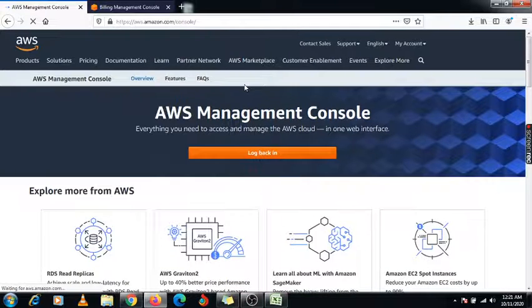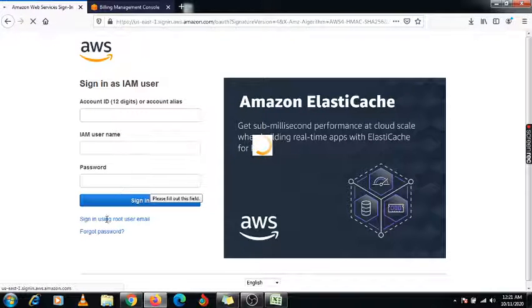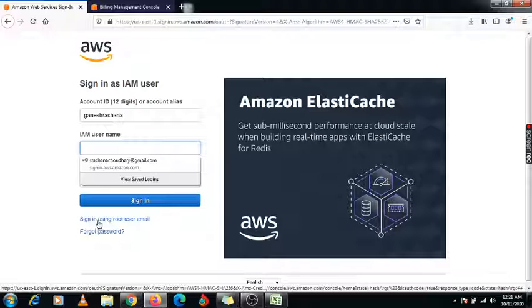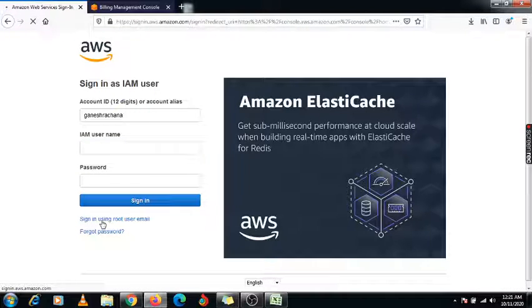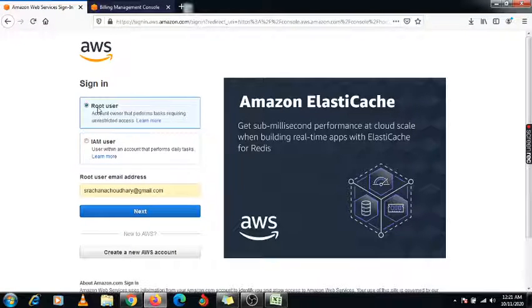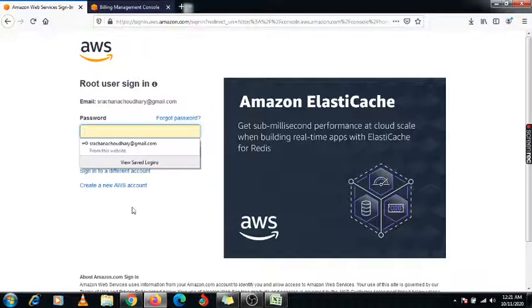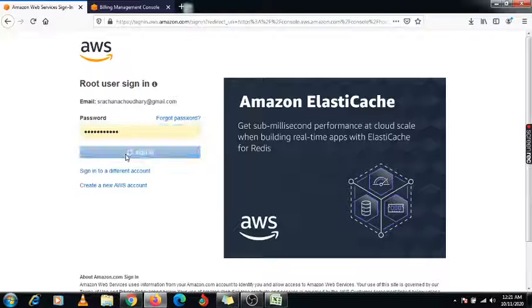Yeah, the information is stored in my cache, so that's why it is logged in with this IAM user in my main console. So I need to log in with the root user. Here is the option to sign in using the root user email. So you need to log in with the root user and sign in.